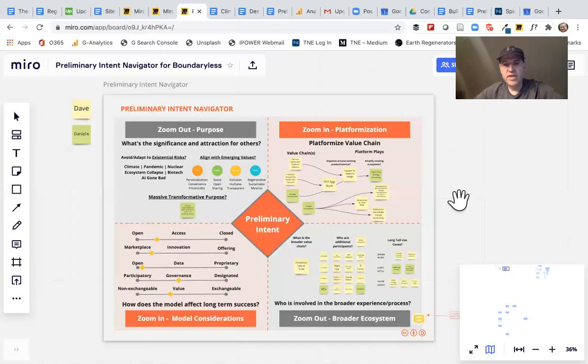Would be happy to discuss with everyone from Boundaryless how they think this tool might be utilized, how it might flow with some of the other assets and content and Platform Design Toolkit. And Danielle and I maybe even sharing some more stuff that we've done around this left-hand side. So yeah, very good.